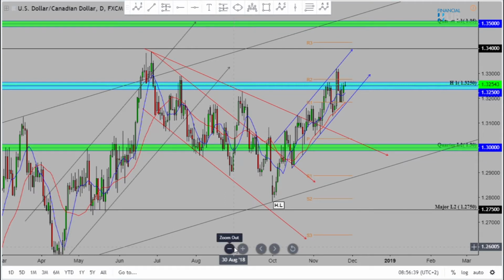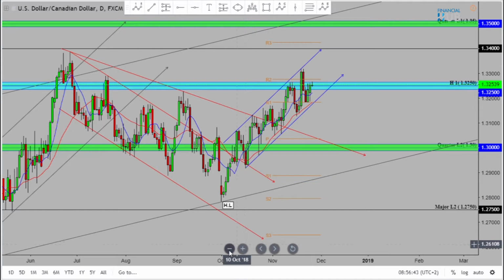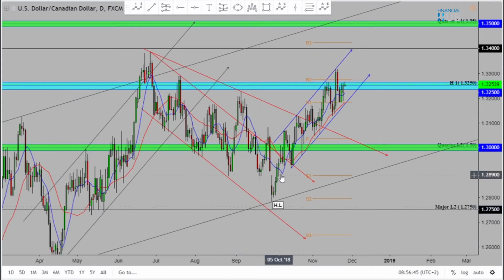Some very many channels over here, but don't worry, I won't focus on that. I can maybe focus on this channel that we're currently in, and you can see that we came into this channel after touching this point, we touched again, we came back lower, we went higher, touched the 1.325 mark, came lower, and we finally bypassed the 1.32 mark, which was also in confluence with the R2 on the pivot points, and we came back lower to touch R1 before demand finally came back in, and we are trying